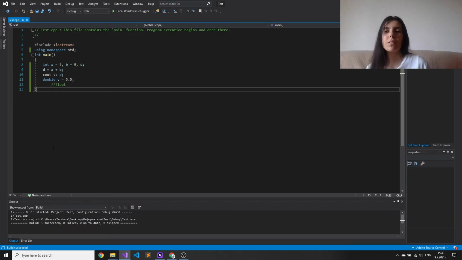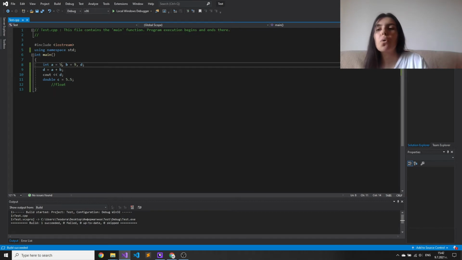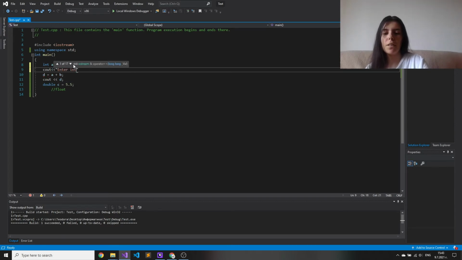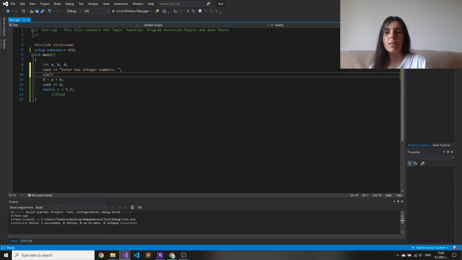Instead of giving default values to A and B, let's make the person who uses the program give the values. So for example, I will say like that, A, B, and D. We don't know what they are. I will type a message to the user to tell him what he has to do. Enter two integer numbers, so he will know exactly what he has to add. And now I will use the operator cin